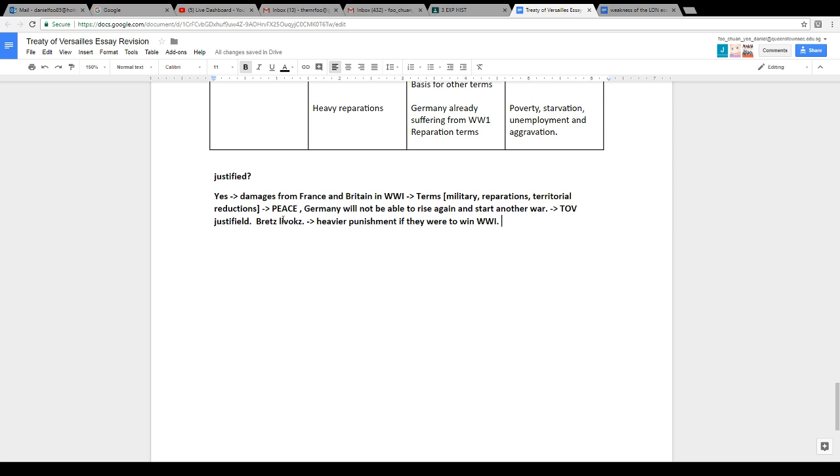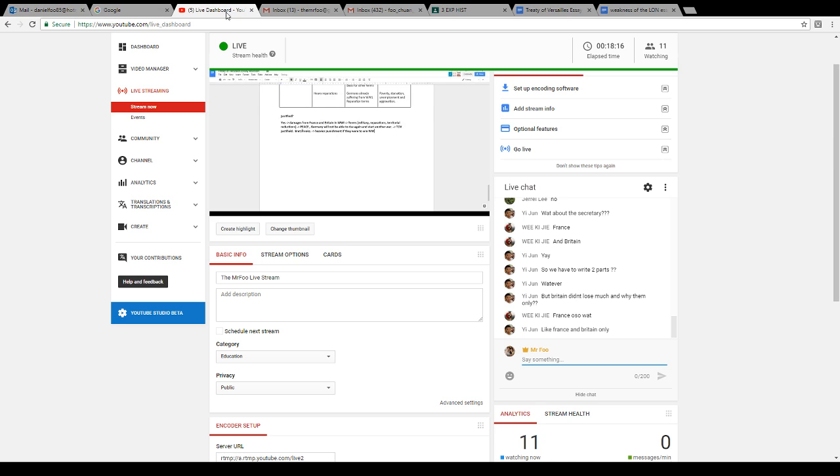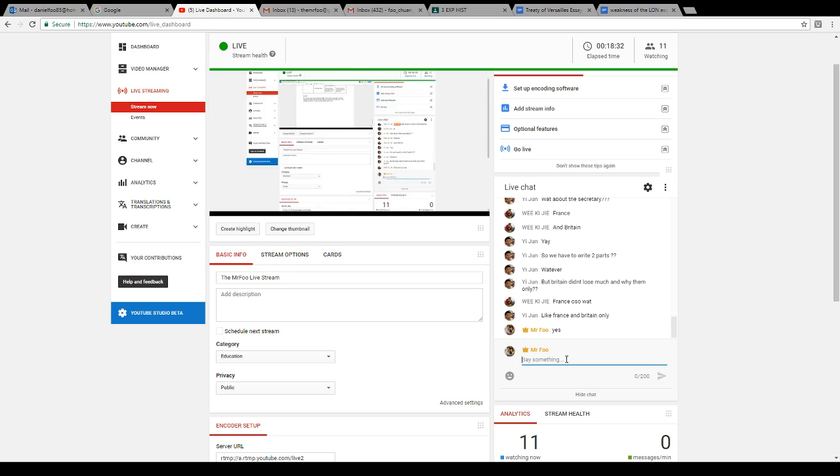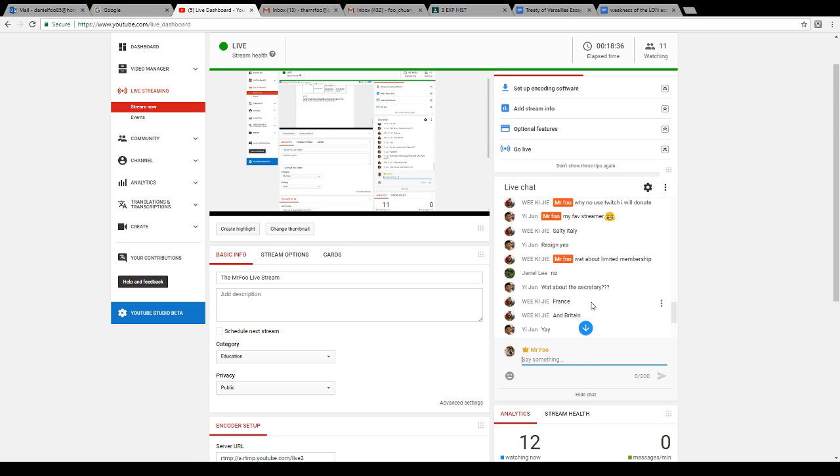But the fact that it was drafted shows that in terms of the TOV, it is actually quite fair, in that the punishment was much lesser than what Germany intended in the Treaty of Brest-Litovsk. Britain didn't lose much, but Britain did lose something as well, but the majority is for France, for France to get their retribution, to get their avengement. Okay,